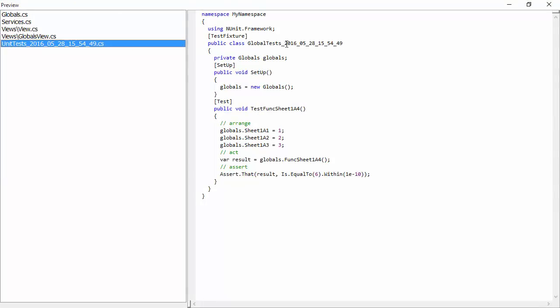Essentially, this file is prefixed by the timestamp when the unit test was generated, and what it does is it assigns the values which are currently in the spreadsheet to all the dependents of a particular function, and then it tests this function. So here, for example, we do an arrange where we set the values of sheet A1, A2,